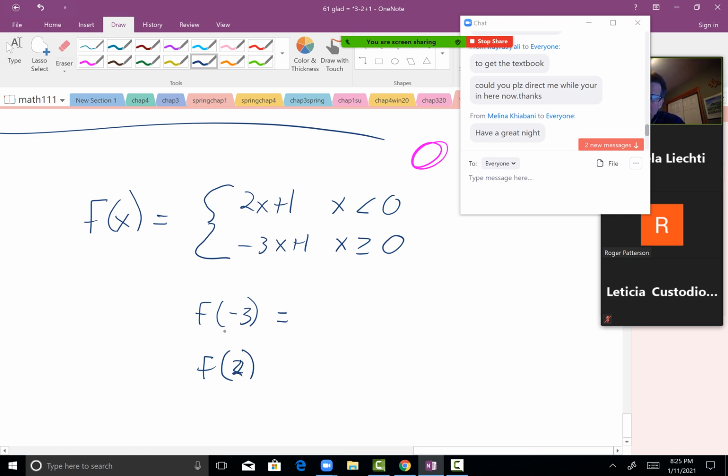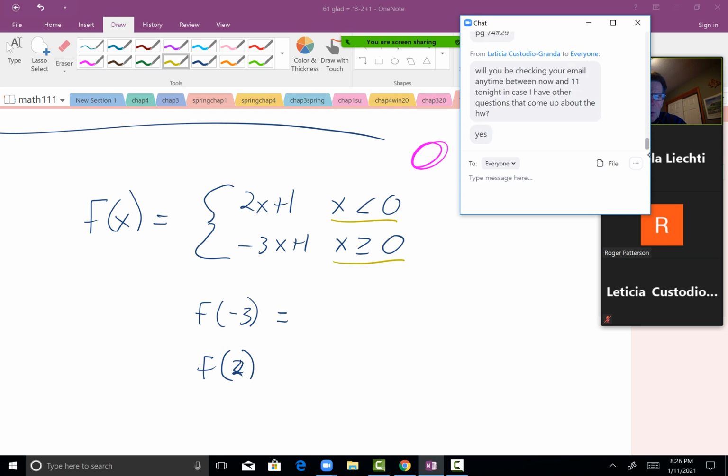All right, so let's start with f of negative 3. So the first thing we got to do is decide which condition fits negative 3. So what we want to do is